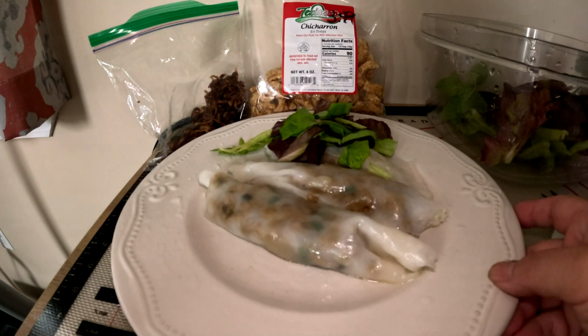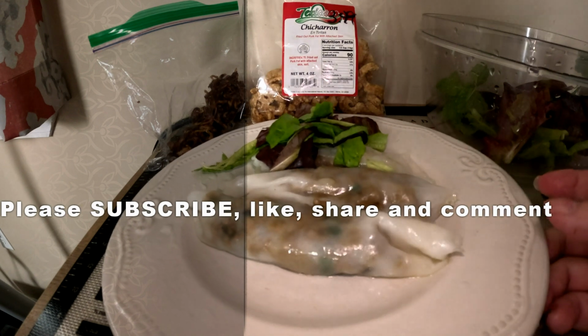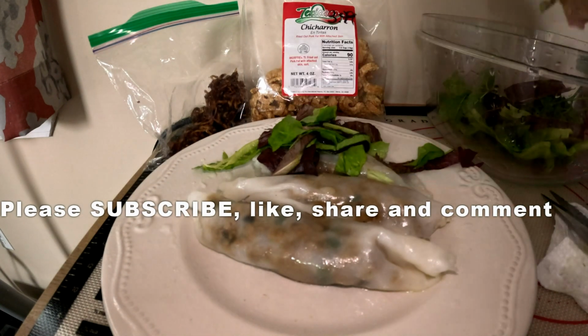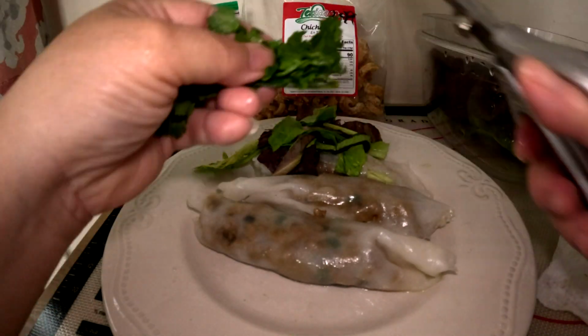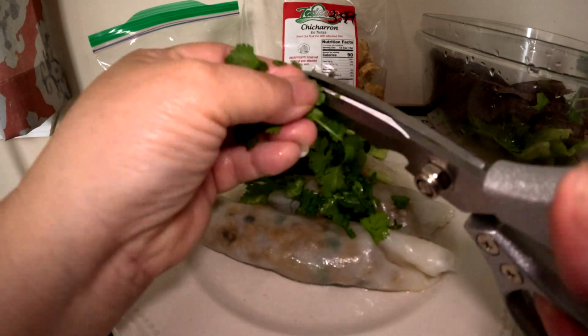Okay, these are our steam roll. If you can make it ahead, you can. And then you just microwave when you're ready to eat. So I went to the garden and I picked up some fresh lettuce leaf and cilantro. And I also have Thai basil here as well. So the cilantro, you just snip it, put it over your...